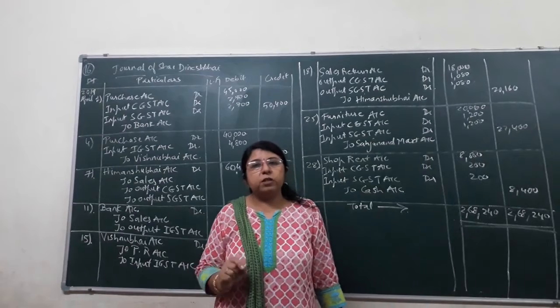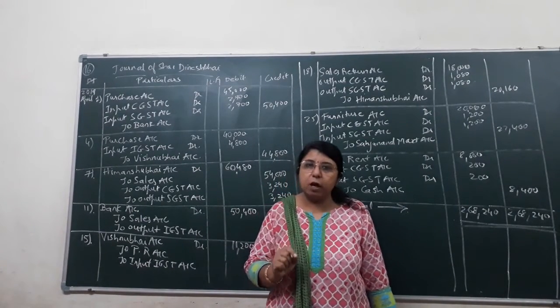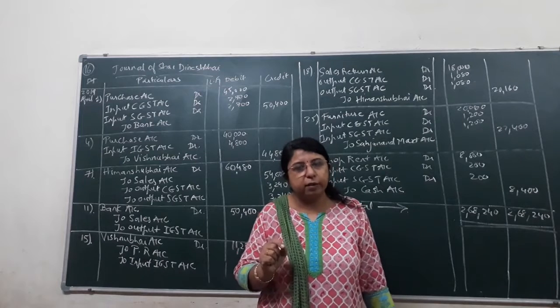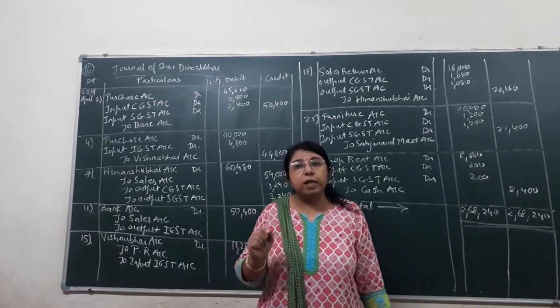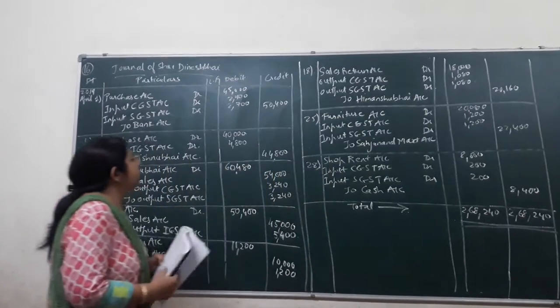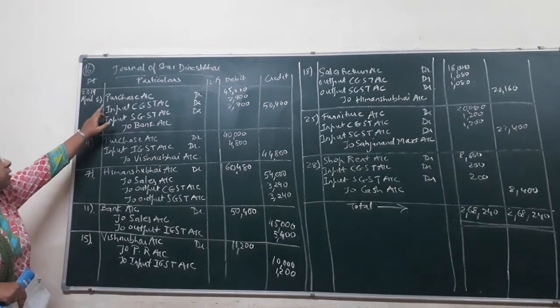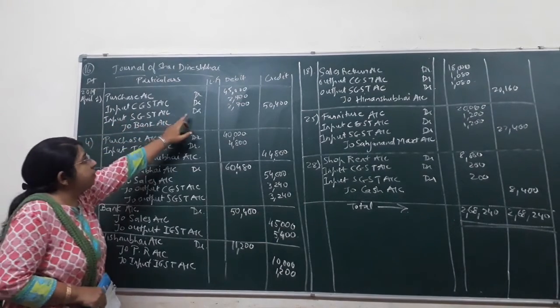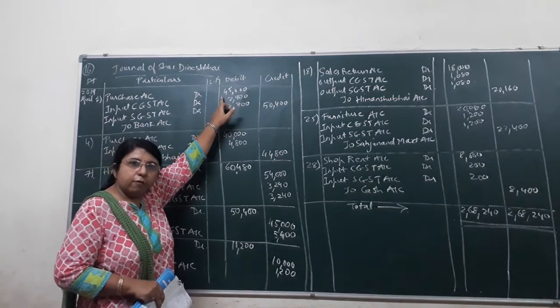Now goods we have purchased, that is of rupees 50,000 and 10% trade discount. So on 50,000, 10% would come to 5,000. So the remaining amount of purchase, net purchase, would be 45,000. So you can see I have written the first journal entry, that is 2019 April 1st, purchase account debit. Purchase we have done, after subtracting trade discount, that would be 45,000.